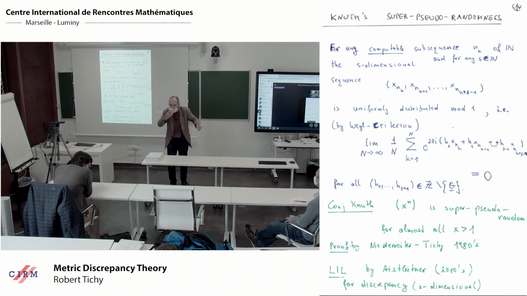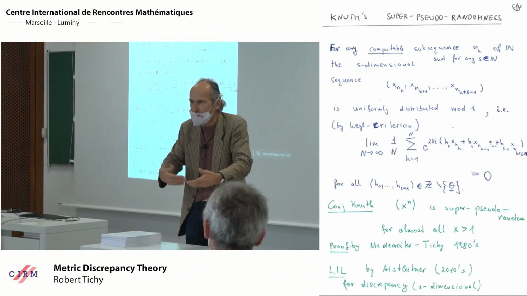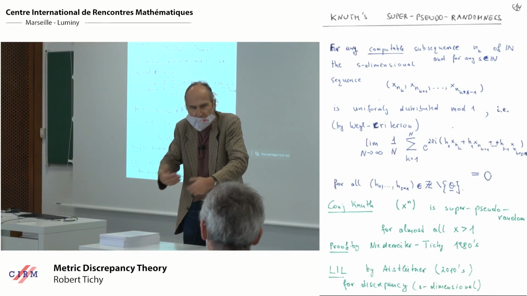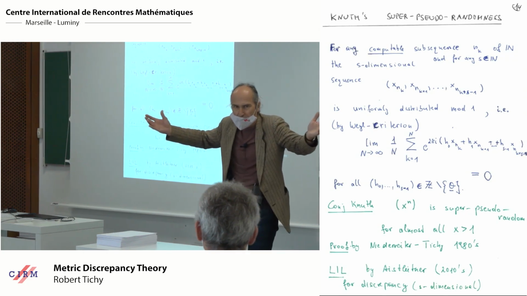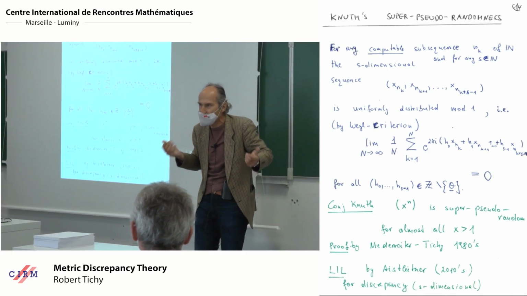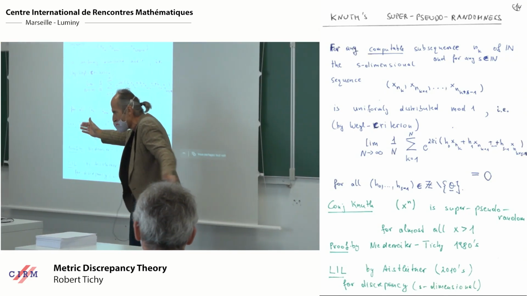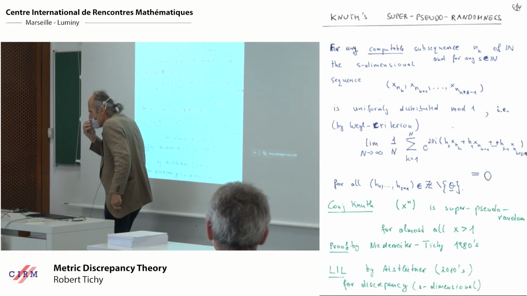That's not random. But if the period length is very long, it behaves almost random in some sense. And in fact, such sequences are used on any computer for producing random numbers. Yes, the random generator is usually based on a linear recursion with high periodicity. And so Knuth